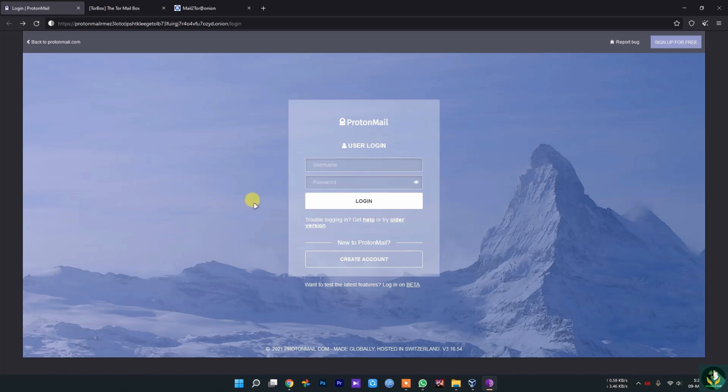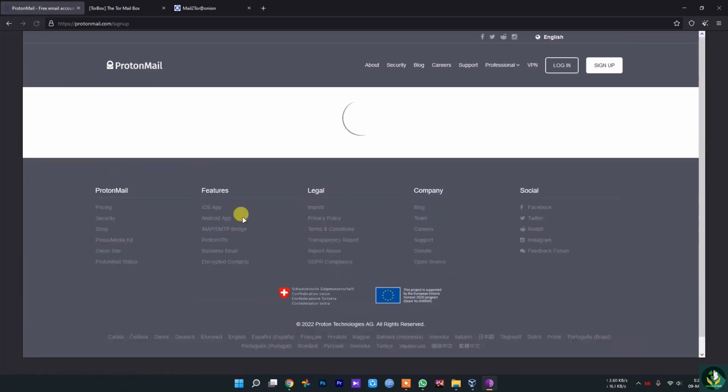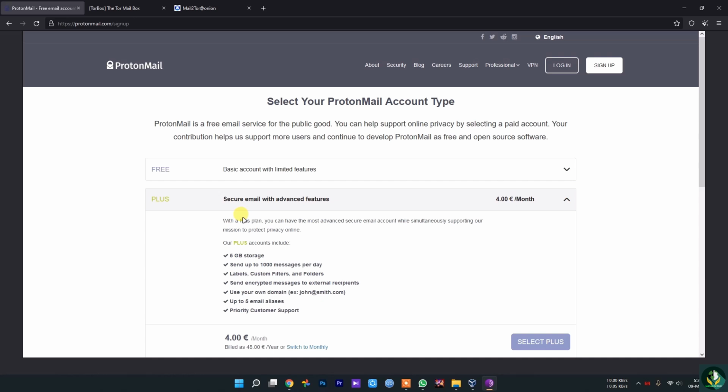You can basically just log in or create an account. Now you might ask, why should I select Proton Mail? Well, as you can already see, it's on the clear web, and if we just temporarily allow this site, there is no risk in this website. You can select your account type and some of the packages that also need some payment.